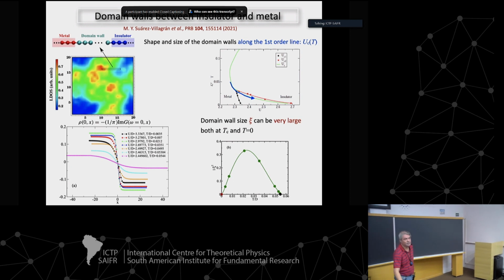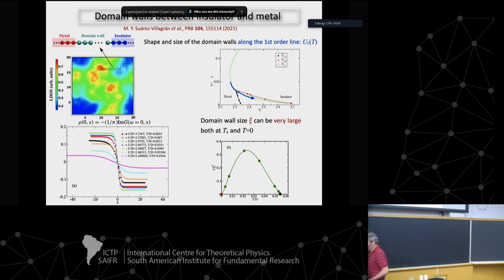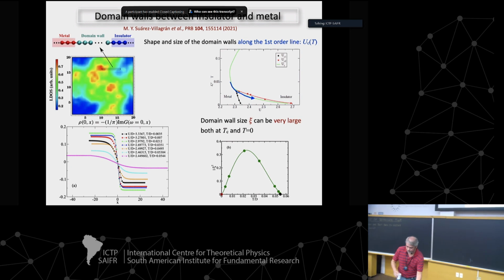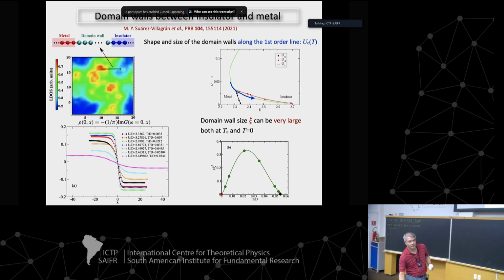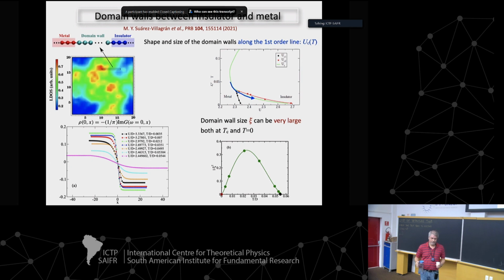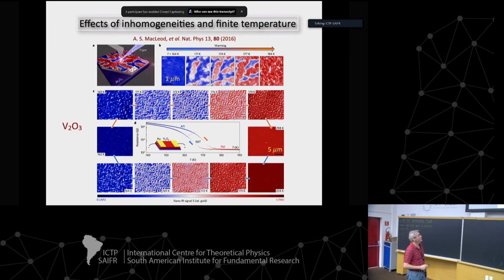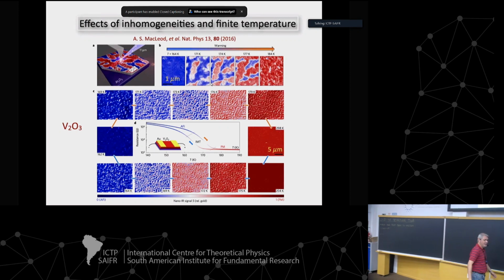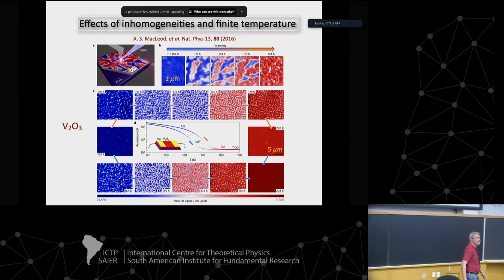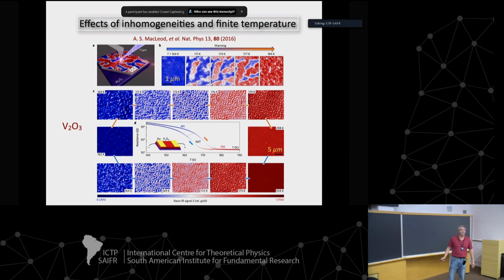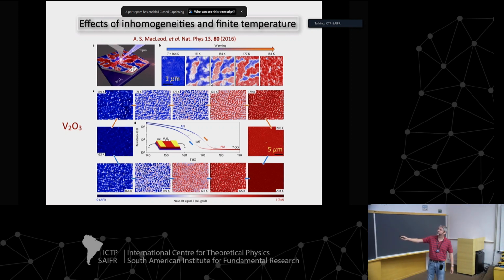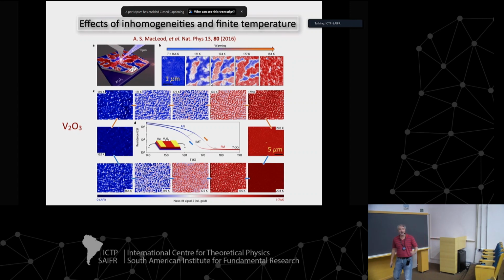Two quick questions. One, the inhomogeneity in the experiment. If they anneal the sample and cool down again, would they see the same pattern, or does the pattern change? In other words, is this inhomogeneity some kind of frozen fluctuation, or is there intrinsically impurity that pins those fluctuations? Good question. Yeah, I think the answer is in the paper. I don't think it comes back to the same, but I'm not sure, to be honest. This is cycling across the transition. Your question can be answered by looking at the data here. Okay. And I'm sure in the paper there is the answer.